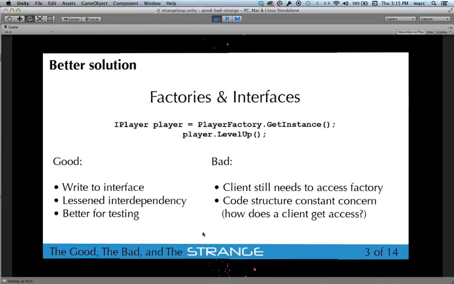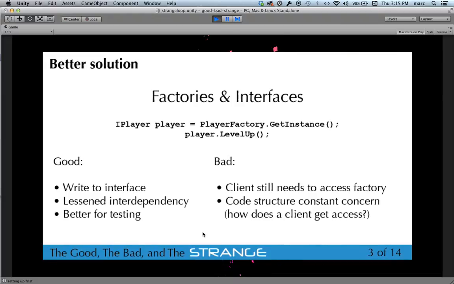It's not perfect, it's not quite where we're headed, but here's something that you may have heard of, and this is better: the factory and the interface. An interface, if you're not familiar with the term, is simply an expression of the inputs and outputs of a class. So this is an example. I have iPlayer here. iPlayer could be the player model, but it could also be something called another player or super player or some other term.